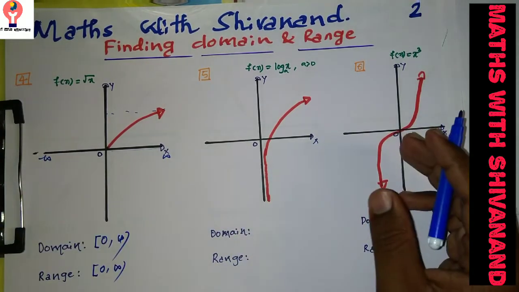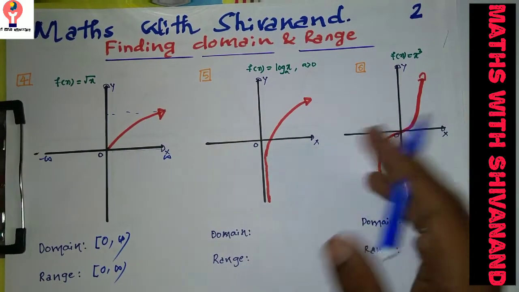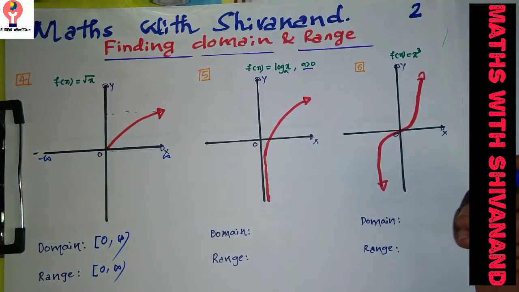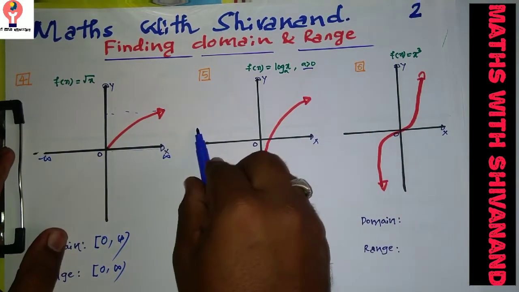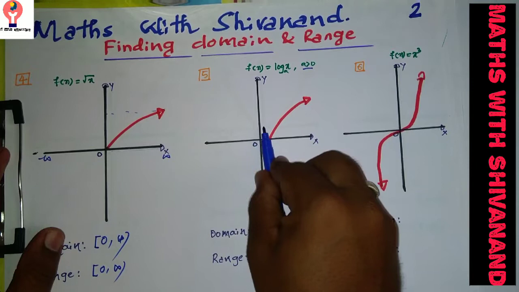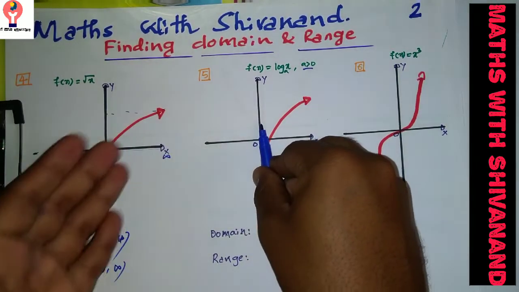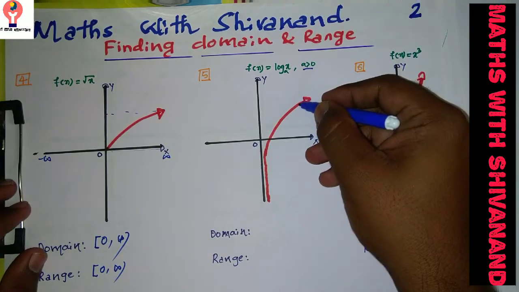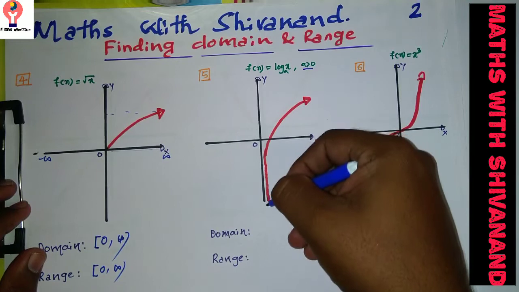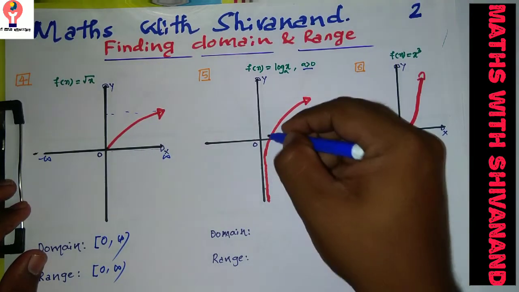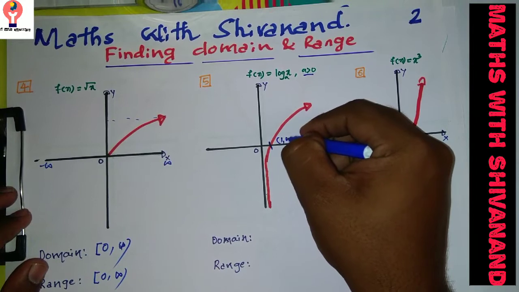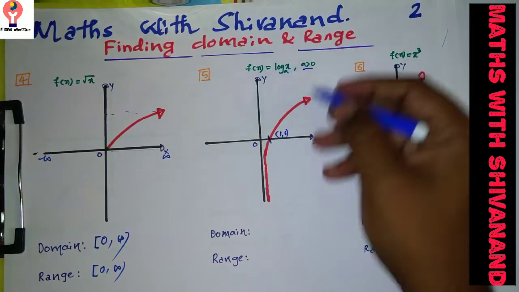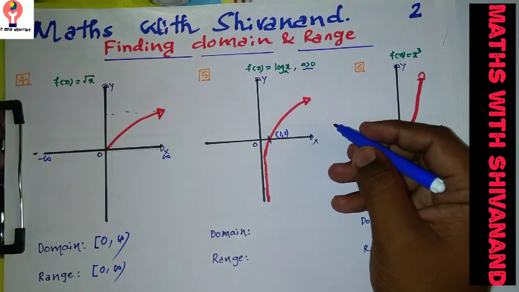Okay, now look at graph number 5. It's a log x curve, a very favorite graph. For a greater than 0, this kind of graph will appear. Listen, domain is nothing but, as I said, along the x-axis. Checking, it starts from the origin point 0. But listen, like the e raised to x graph, the log x graph will never touch the y-axis. Why? This point is 1 comma 0. So x shouldn't be equal to 0. That's the meaning.